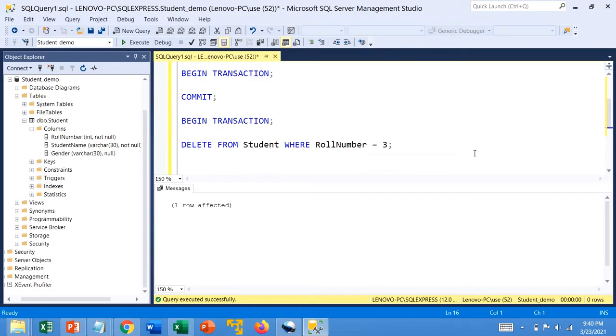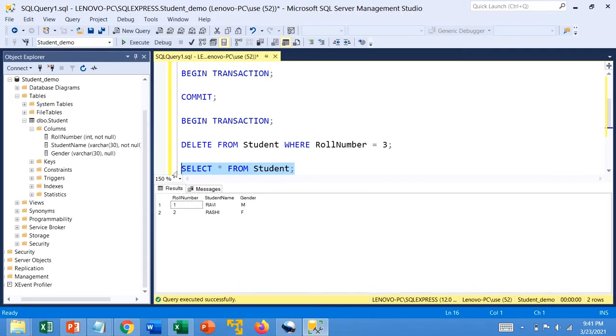Now we will try to retrieve all the records. Select star from student. As we can see, there is no entry for the record with roll number 3.